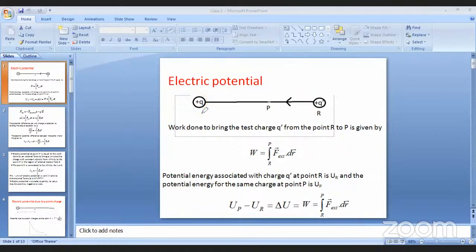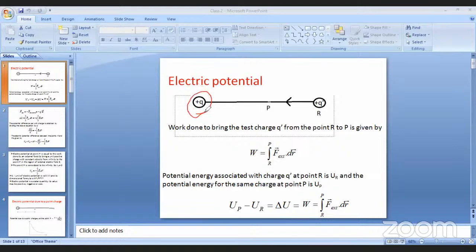Why? Sir, because we are bringing one charge closer to another charge, sir, and both the charges are similar, so obviously there will be a repulsion, sir. So we need to do work against that repulsion to bring the charge closer. Excellent. Very good. So actually, this source charge